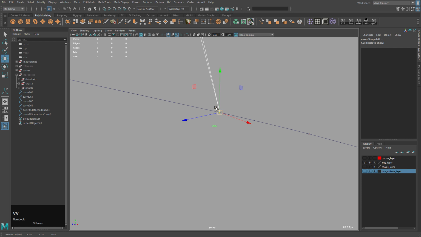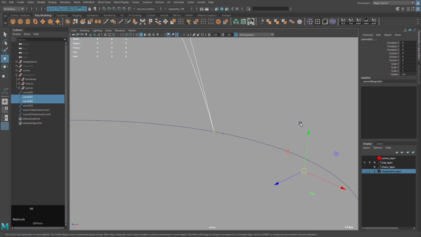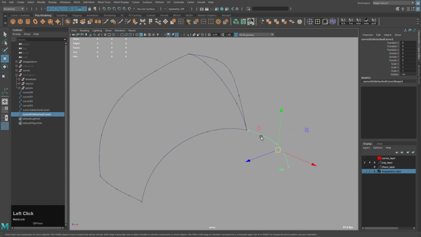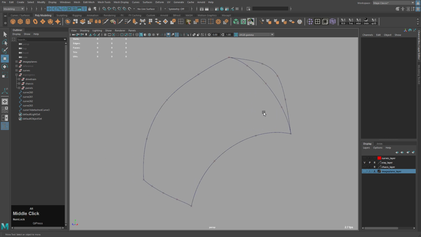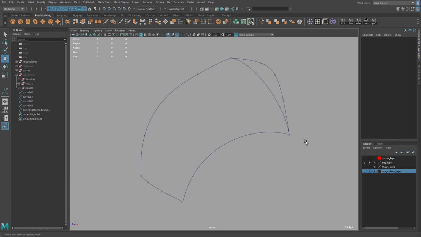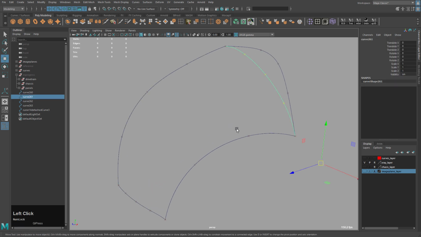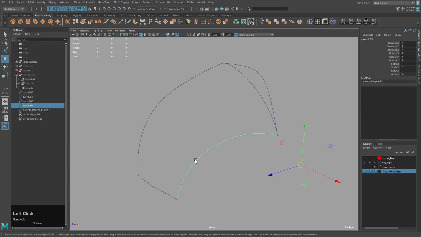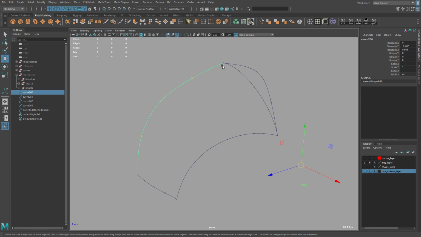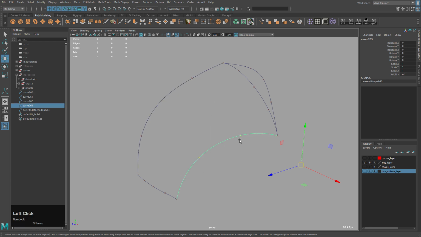You have to make sure the curves are connected, otherwise the operations that we do will not work, like the bi-rail. Delete that, we don't need it. Now because we have the original curves, I don't have to keep that curve, so I'll just delete it, don't need it. And now the next thing we need to do is we need to match the number of divisions on this curve with this one.